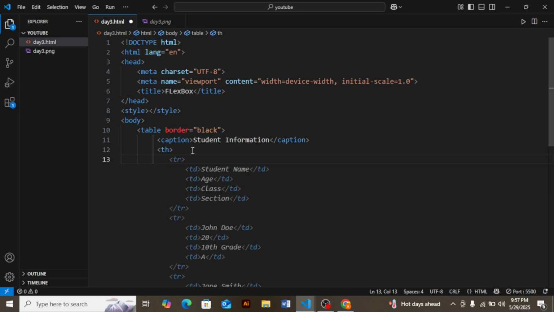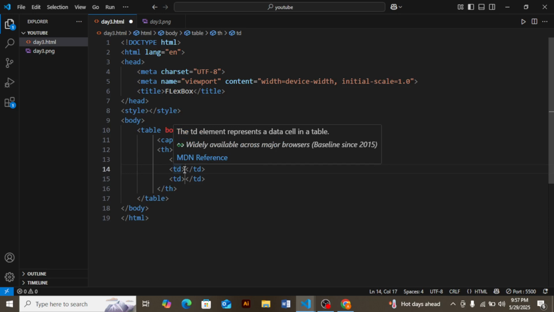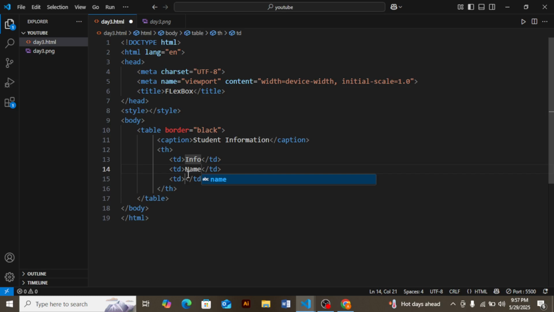So the shortcut is td multiply by 3. That shortcut is for making multiple data in a single click. So the first is info, second is name, and the third is address.